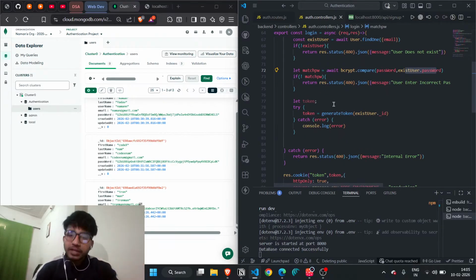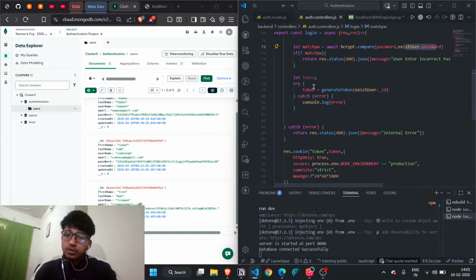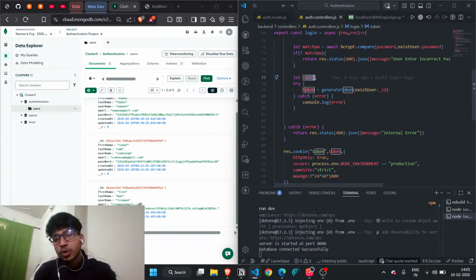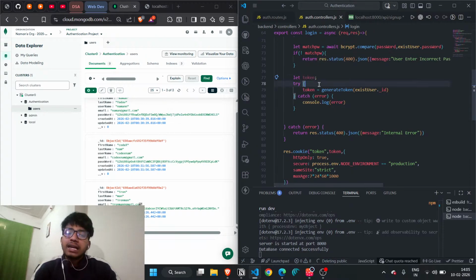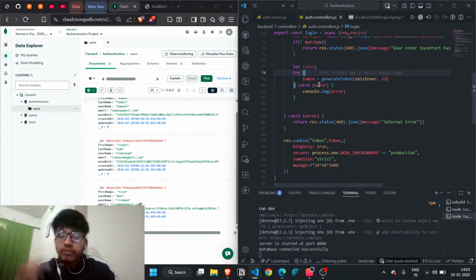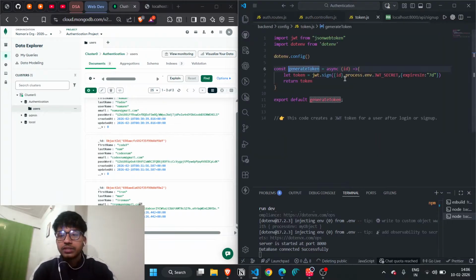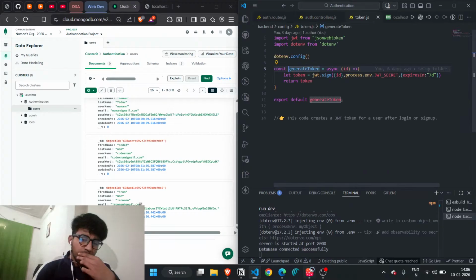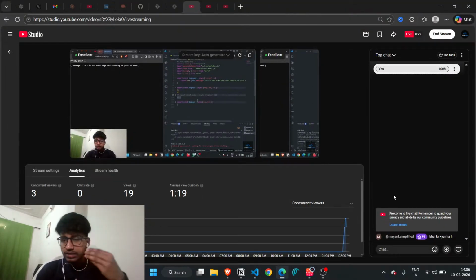But before logging in, we need to generate a token. So whenever a user logs in, it will generate a token. So we create a token that is a cookie's name, and write a try catch method because there are many chances it could give an error. So we simply write a token and generateToken. Generate token is nothing, we have just assigned this function in that particular code. Okay, if you understand it, just